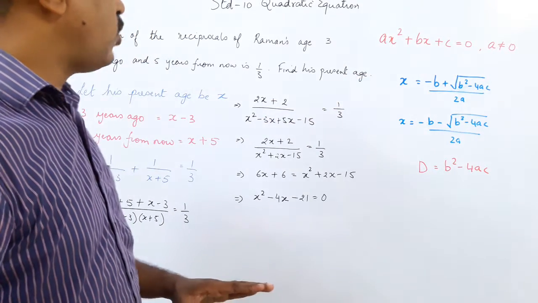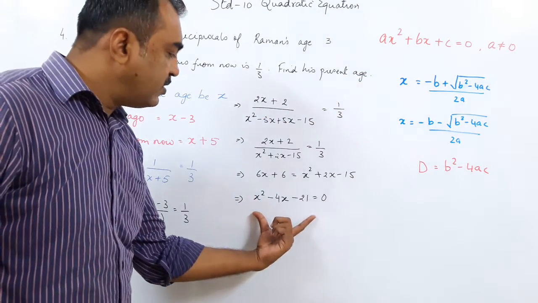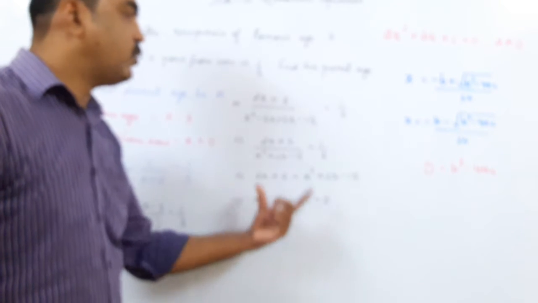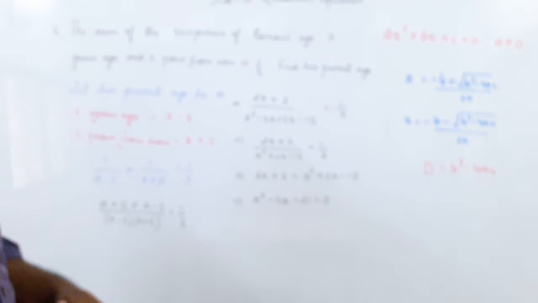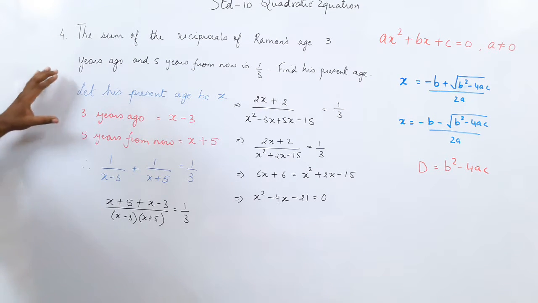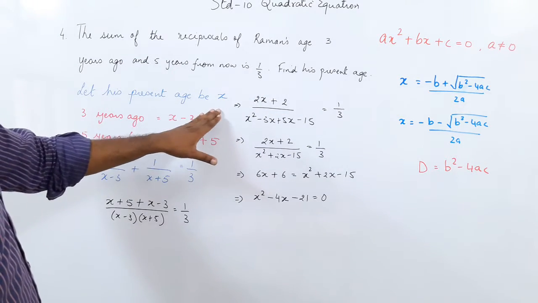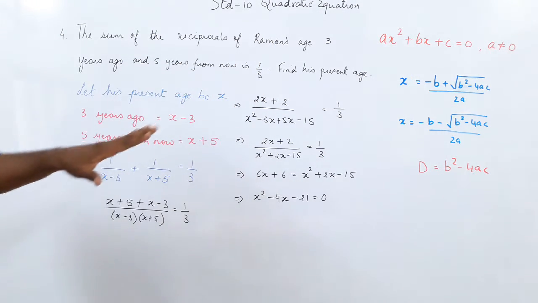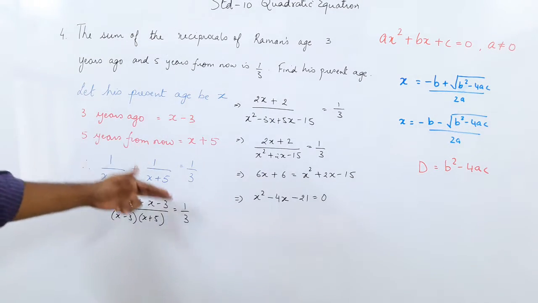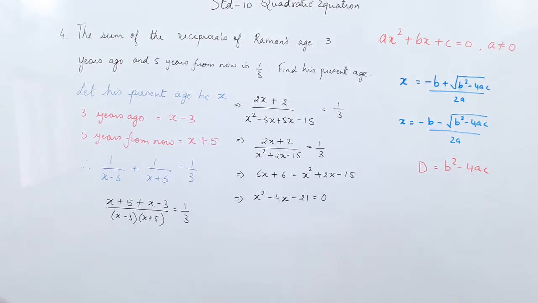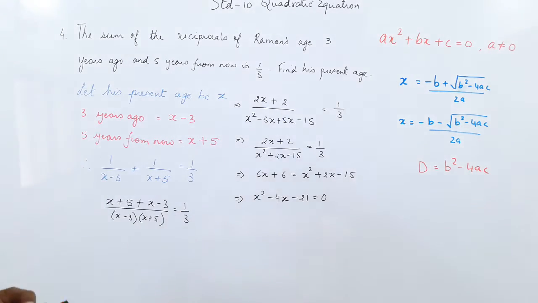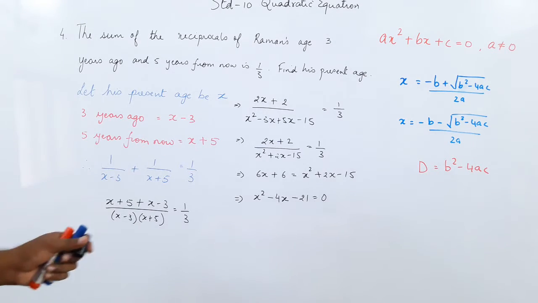In the previous lecture, the sum was already given to us at this stage, and we had to just solve it using the method. But now in the problem sums, only the problem is given to you. We assume what we need to know. Here the present age I have taken as x. 3 years ago the age was x - 3. 5 years from now the age is x + 5. The sum of the reciprocals is this, and I have reached here. Now since no method is mentioned, I can choose whichever method I want to solve. So I will go by splitting the middle term.